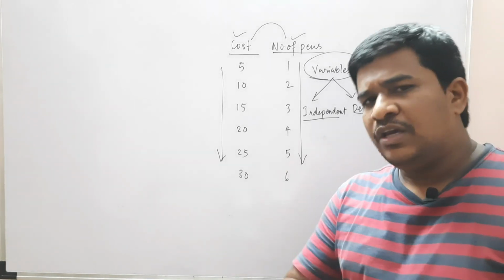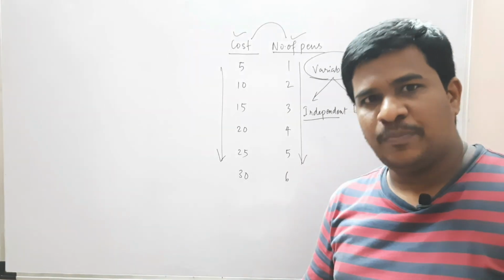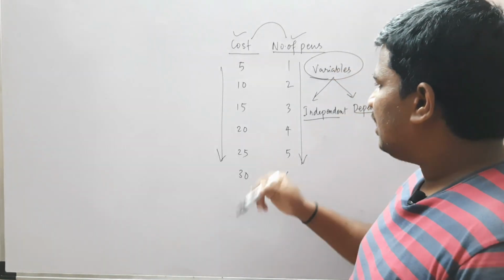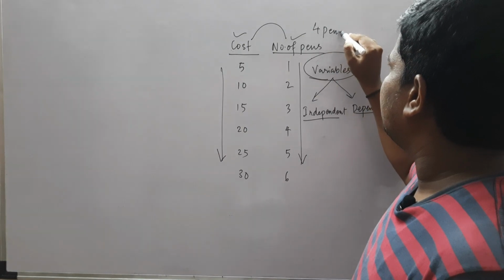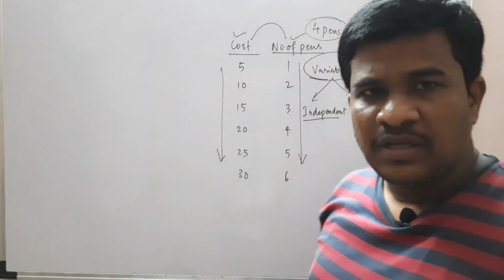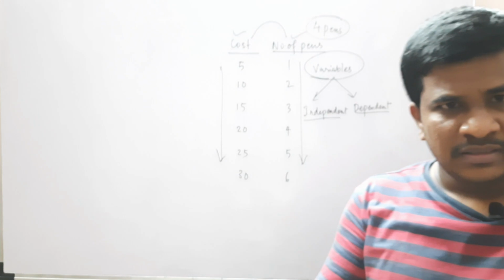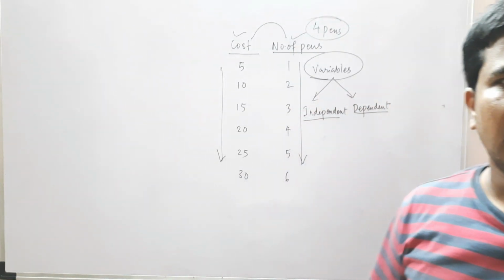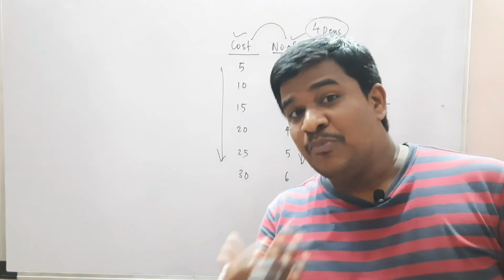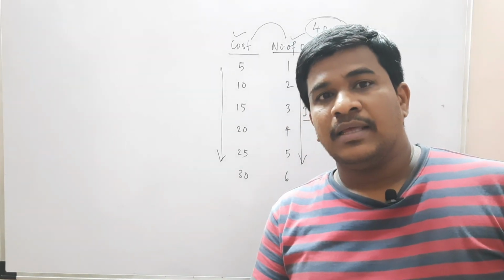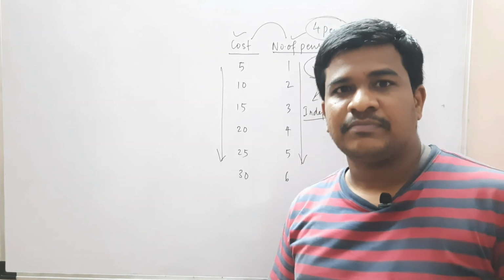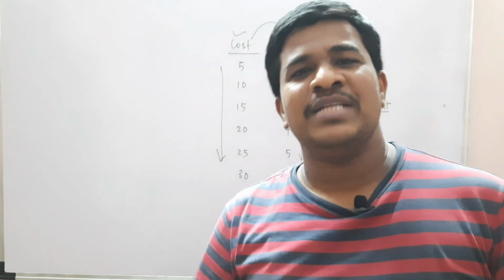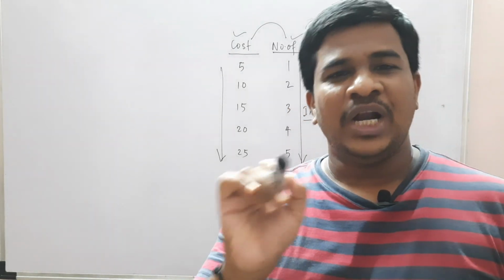So, like when you go to a shop and ask the shopkeeper to give 4 or 5 pens, say you are asking him for 4 pens. When you are asking for 4 pens, how much do you have to pay according to this problem? You have to pay 20 rupees. So how is the shopkeeper able to decide that you must pay 20 rupees? Because the cost of 1 pen is 5 rupees, you must buy 4 pens. So 4 into 5, 20 rupees you must pay.